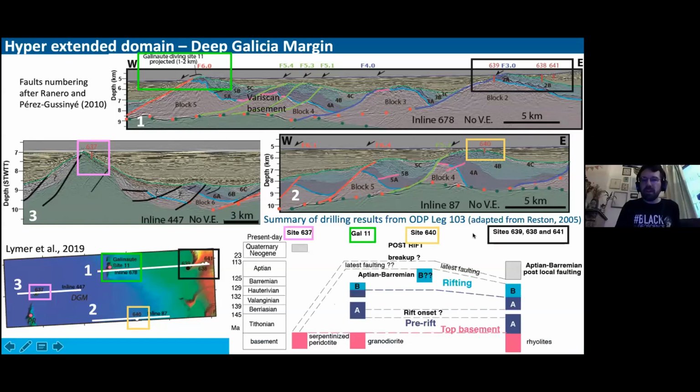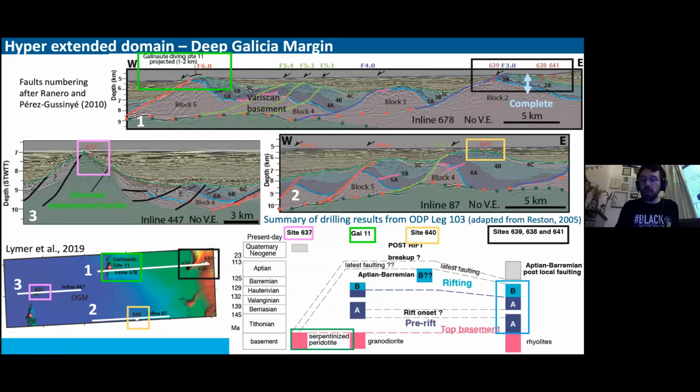The ODP data of Leg 103 have provided a lot of information. I would like to highlight 3 points here. First, the serpentinized peridotites that have been recovered at the peridotite ridge, showing that the mantle is serpentinized. Second, the fact that the basement, pre-rift, syn-rift, and post-rift sequences have been fully recovered and dated at only one site. So that means that there is basically one block only on which the timing of the faulting is